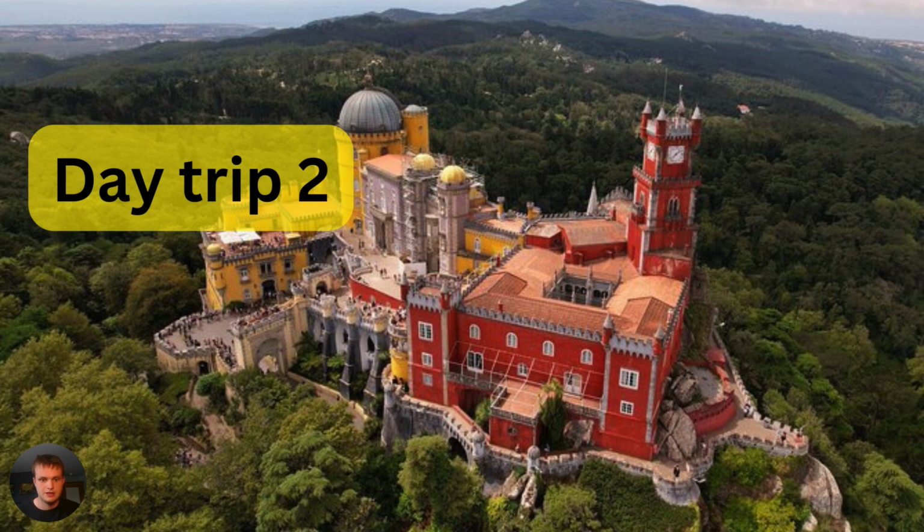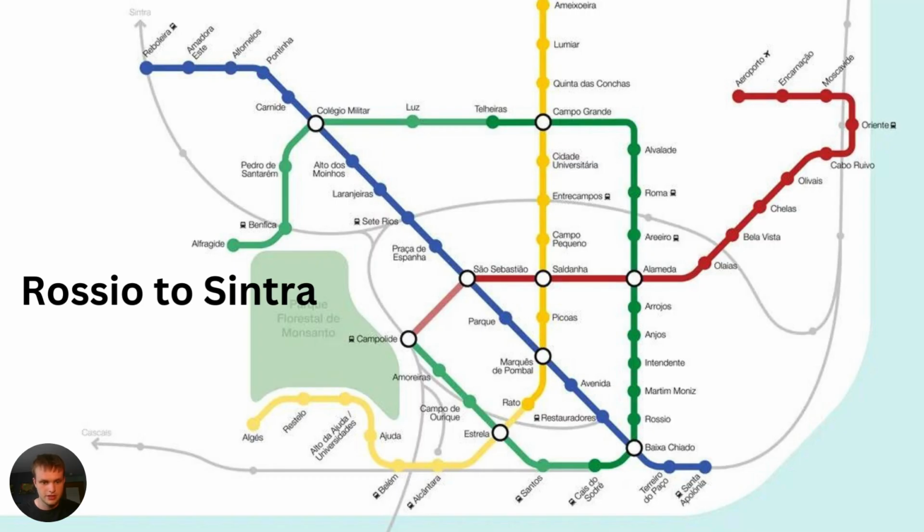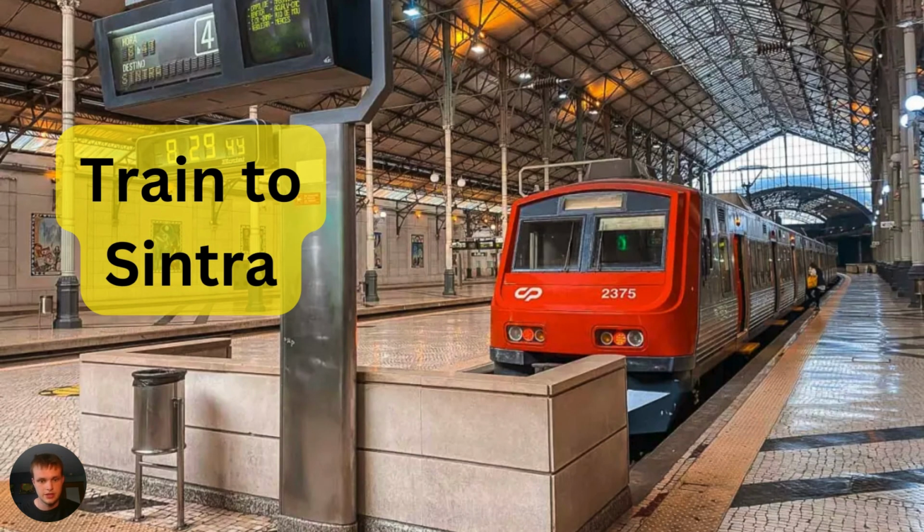called Sintra. It's this super colorful castle that's kind of on top of a mountain, and you get lots of cool views. You can take the metro to the train station that goes to Sintra. You go to the Rocio station, and from there, just like Cais do Sodre has both metro and the train, you can also go to this metro station and then get on the train that goes to Sintra. The train station kind of looks like this,